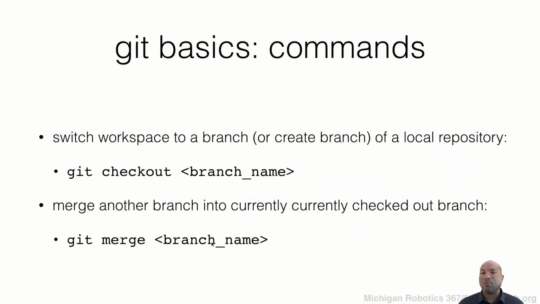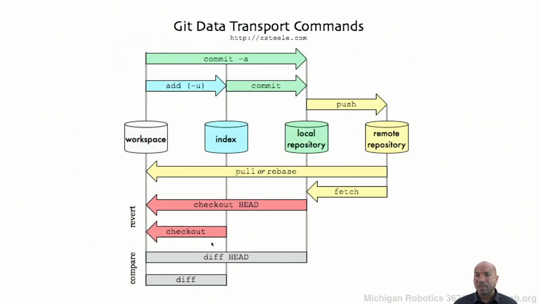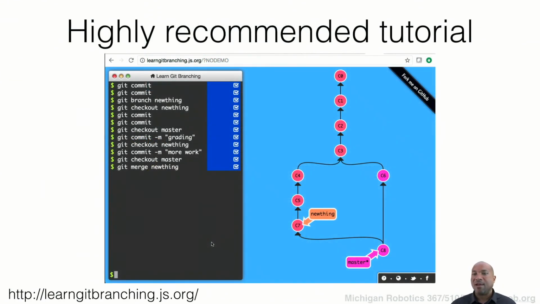Whenever you wanna create a branch, you can check out a branch name, and whenever you want to merge, you can merge two branches back together. So that's how this works. I'm gonna skip that. I would highly recommend the learning branch and Git tutorial. I mean, branching, it's an amazing feature, but it also can